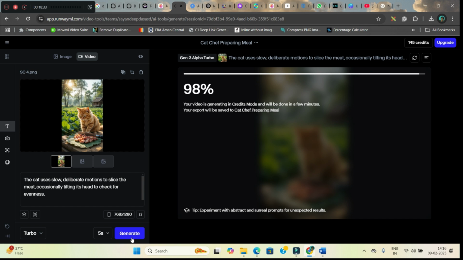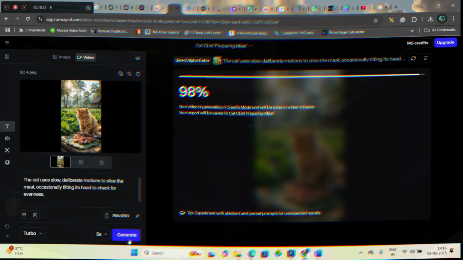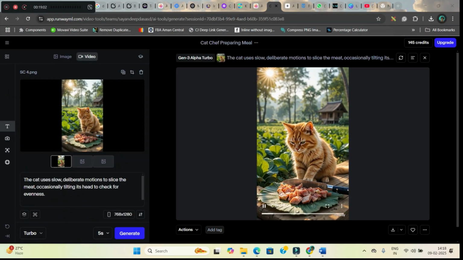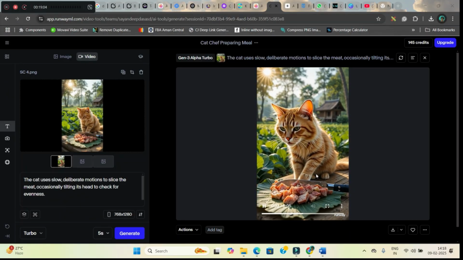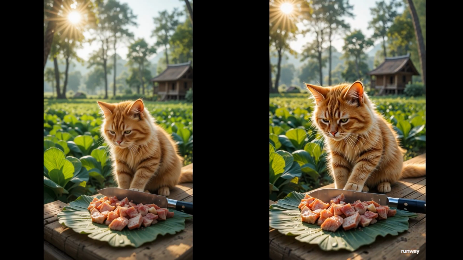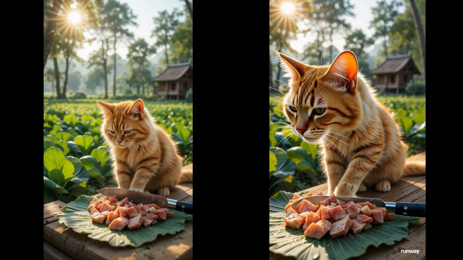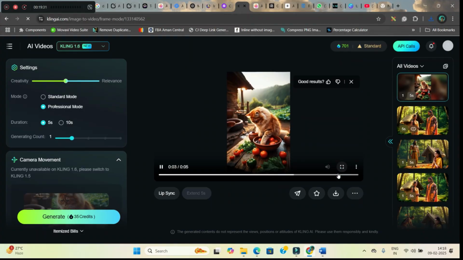As far as perfection is concerned, Kling AI is the best one. As you can see, this is the output from Runway ML. If you want, you can download it from here. This is how you will have to create all the videos scene by scene. Now in the fourth step, we will be generating the sound effects and finally editing the videos.